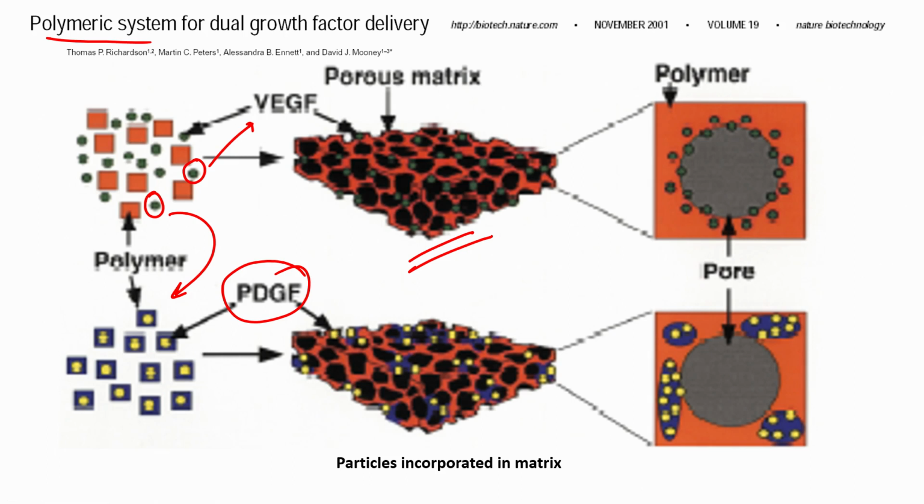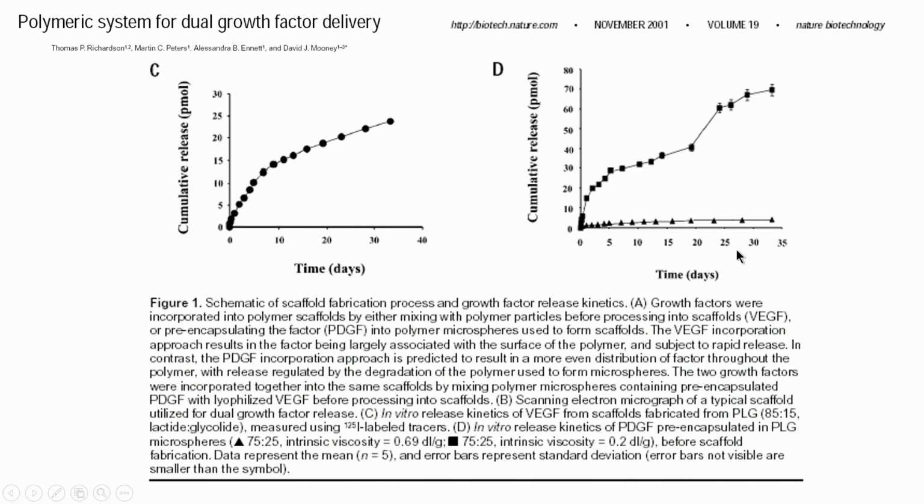So, in such a system what do you typically see, and then obviously there are lots of pores around. So, what you typically see is this. So, essentially you have a system which has pores and the polymer around it contains the growth factor that you are trying to deliver, whereas in this case you have pores, you have polymer around it, and that polymer is encapsulating another polymer that contains your growth factor. So, these are some of the two systems that they have created, and let us see what they have done